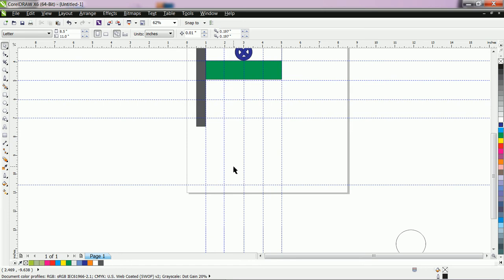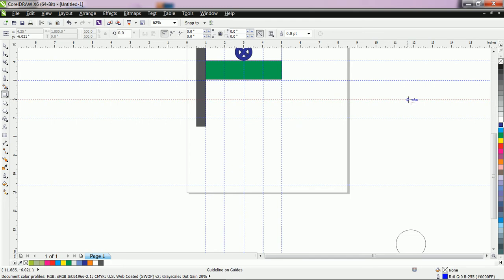Okay, after that, suppose we want stairs, again use pen tool. Now fill it with color.